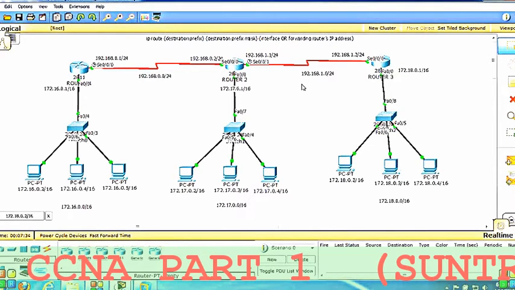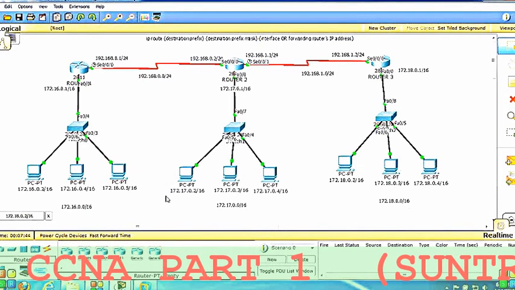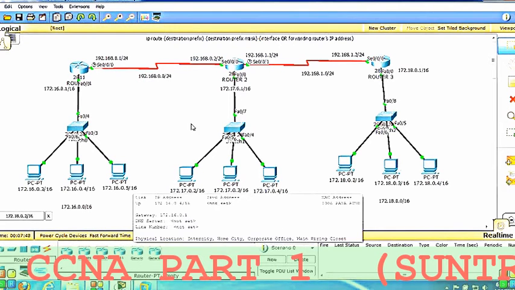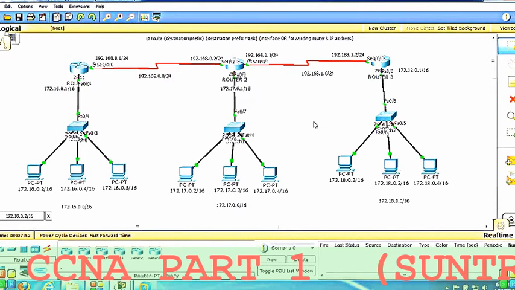These three networks router 2 knows by default. But if router 2 wants to communicate with a network other than directly connected, which is 172.18.0.0 and 172.16.0.0, I have to configure a static route on router 2, or I can also configure a routing protocol on router 2. But now we are going to configure static route.